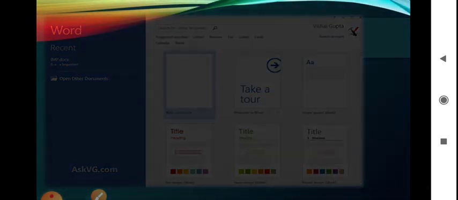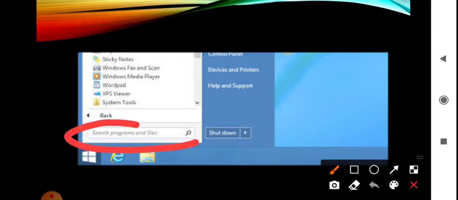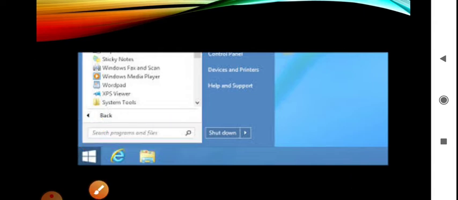Now the next way: on the search menu, the search option is there. In the search option you can write WinWord, or you can write MS Word 2016. You will get the same screen after writing here.